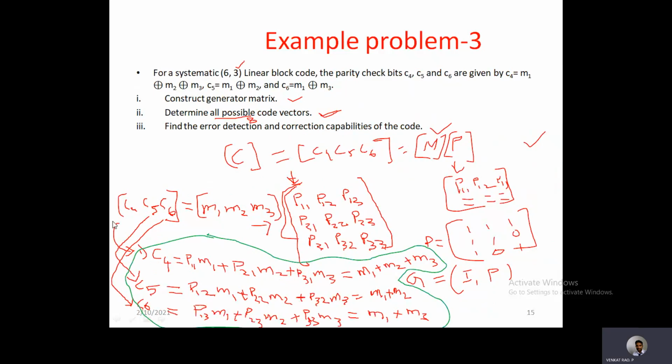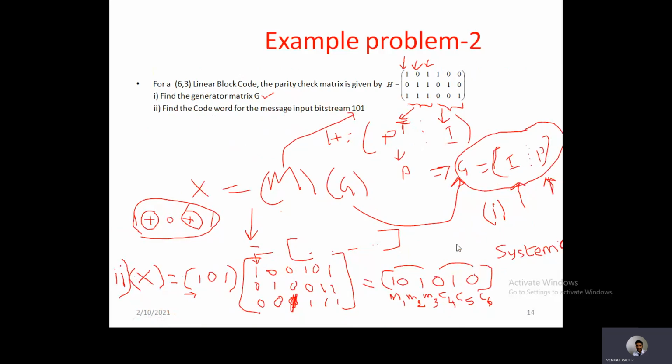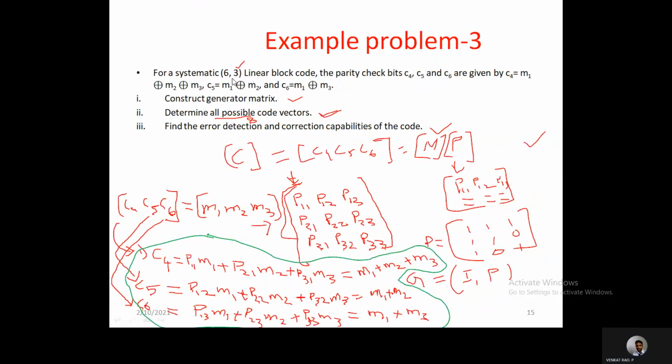Similarly, let us observe another problem. For a systematic 6,3 linear block code, what I have represented here is first message bits and then parity bits. This is the systematic representation of a linear block code. In that, the details of the parity bits C4, C5, C6 are given in the problem.